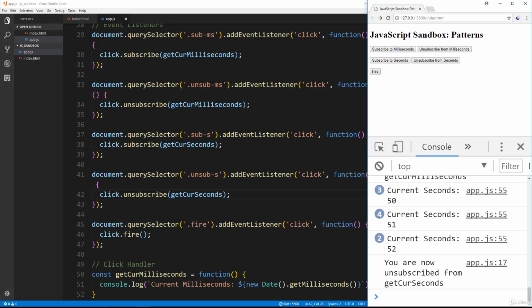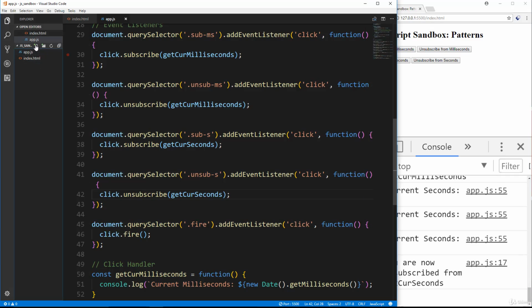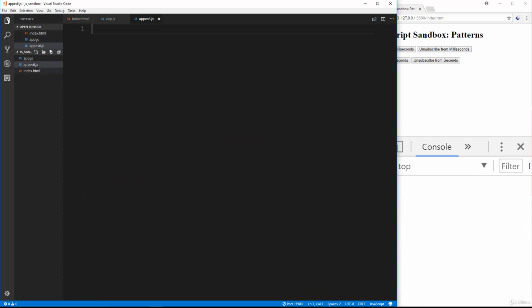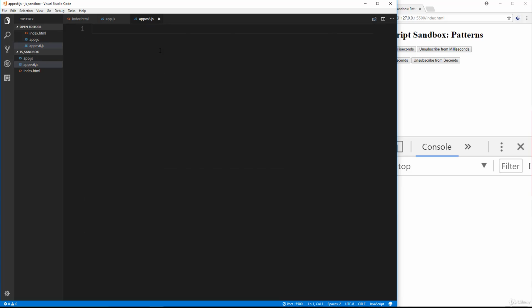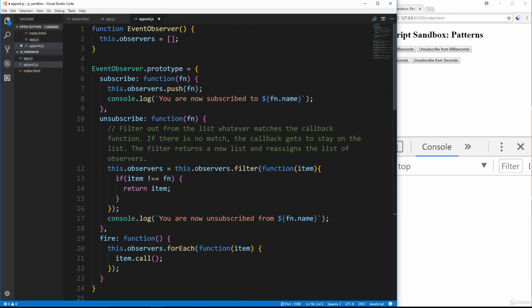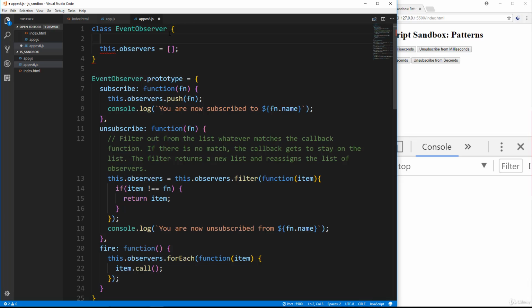Alright, so pretty powerful. Now, real quick, I just want to create another file here, and we'll call this app es6.js. Doesn't really matter what you call it. Then we're just going to copy everything. And just a refresher, how to turn ES5 based object-oriented programming into ES6 classes. We can turn this into a class, event observer, and we would need to have a constructor,